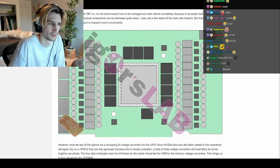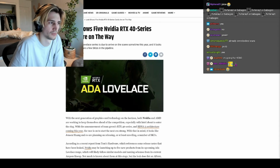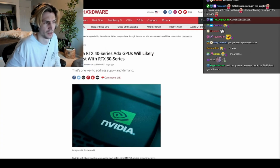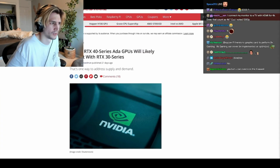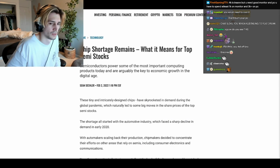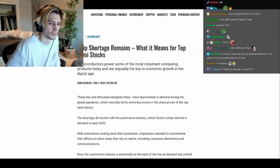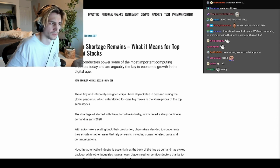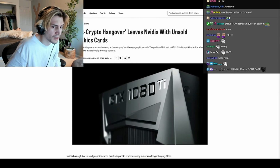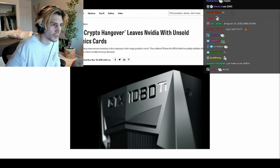higher frame rates when the next generation rolls out. Speaking of which, why is this GPU only launching now, when the 40 Series Ada Lovelace GPUs are supposedly right around the corner? Well, I've got a few theories. Maybe this is an indication that Ada isn't right around the corner and Nvidia's trying to make do with what they've got. Or maybe the 3090 Ti was delayed for so long during the silicon shortage that it's launching way later than they planned. Or maybe they just had high-binned GPUs kicking around that they wanted to clear out before Ada hit later this